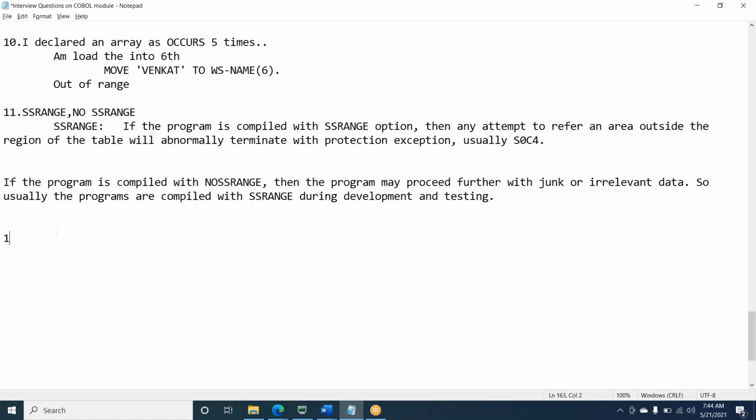Next question. When is an index mandatory, when do we need to declare an index, minimally where is it mandatory?